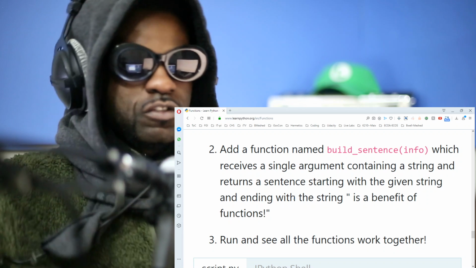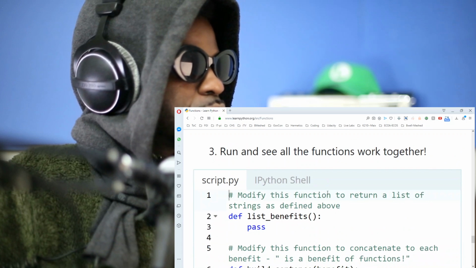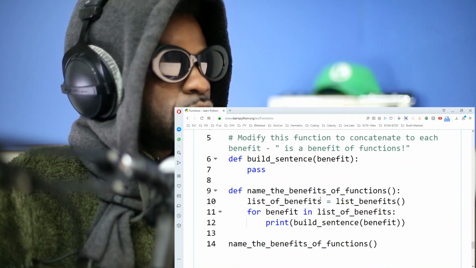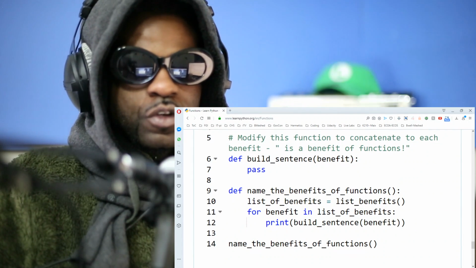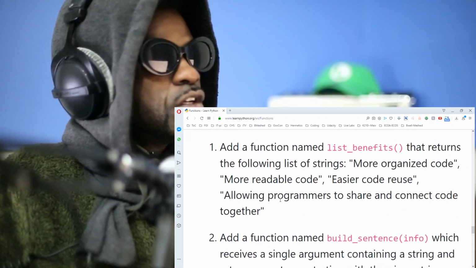Okay, I see what we gotta do. Okay, people, let's get at it. So let's go over what we gotta do, right? So this first one,